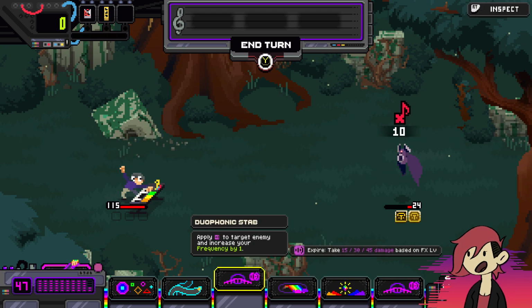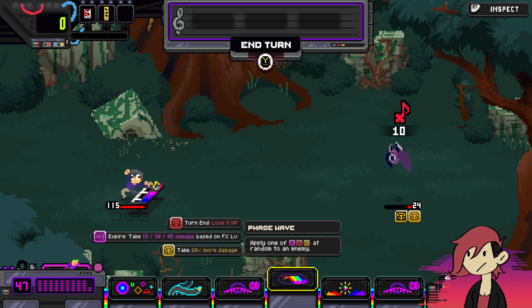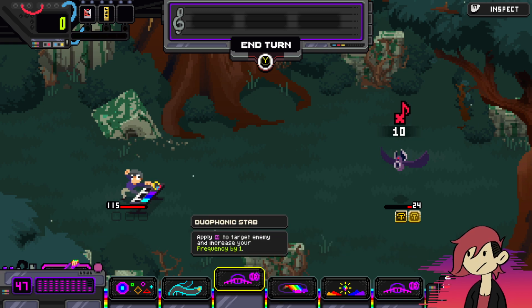What are these again? Apply that. I wish it would just say the name. I know the icons are really good for the small descriptions, but if I hover over it, I wish it would just tell me the name so I don't have to say the purple one. They already are full up on effects, so...